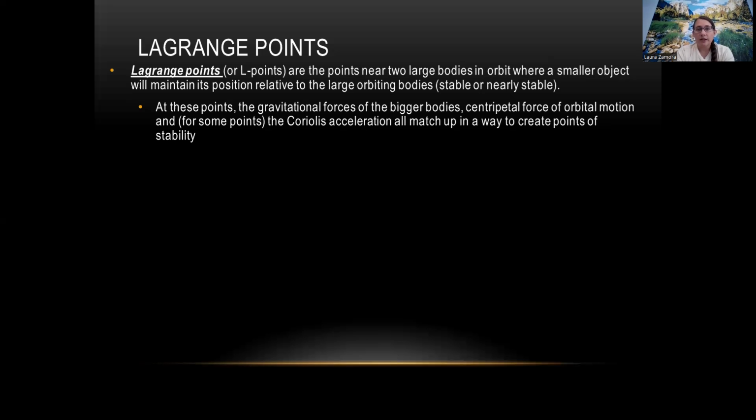And so at these points, the gravitational forces from those bigger objects, let's say the sun and the earth, will kind of match up in a way that there would be some location where those two forces of gravity kind of balance out, and an object that's placed in that location will remain stable there,